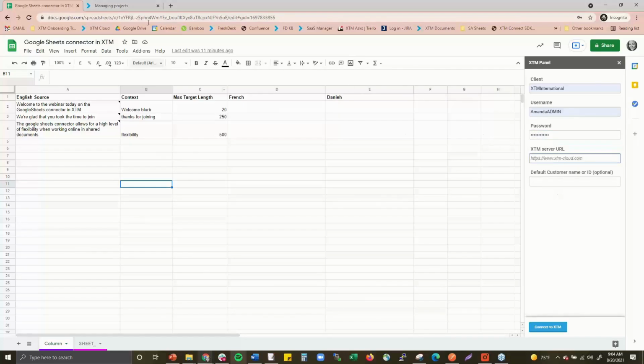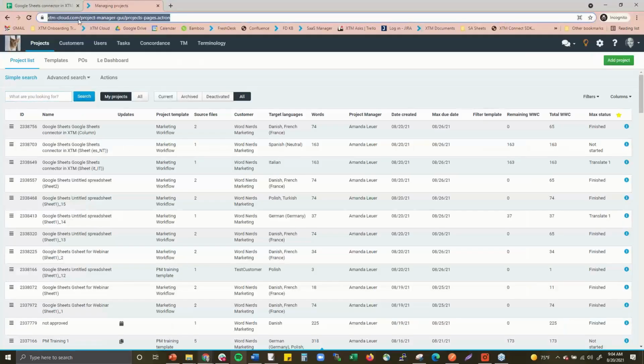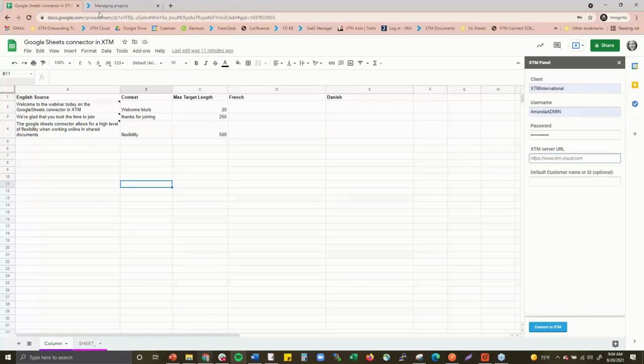All right, and then we also just need to input your server URL. My XTM Cloud account is on cloud. I don't have a private server installation, anything like that, but it's just going to be your basic URL when you log into XTM Cloud. So unless you have a private cloud account, you just pop in what I popped in here,